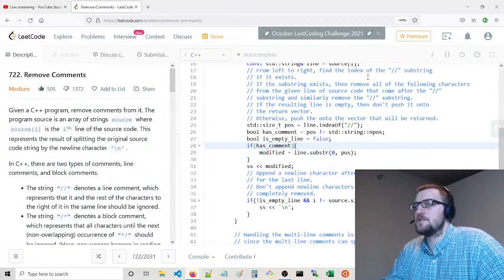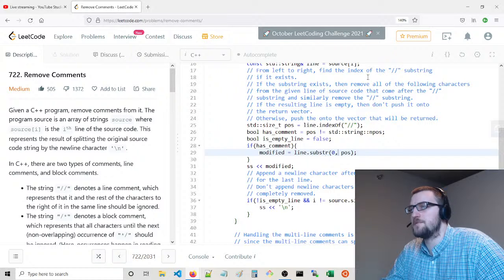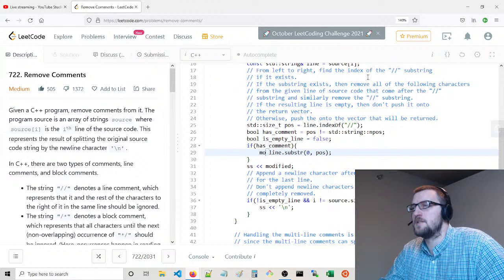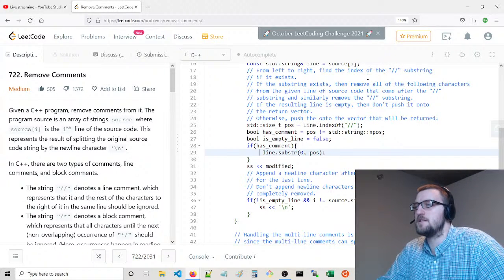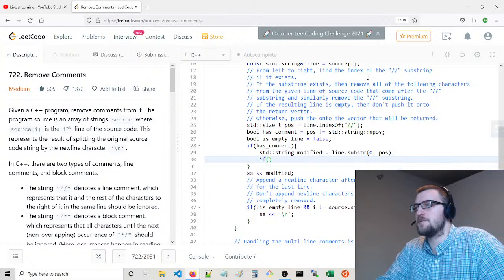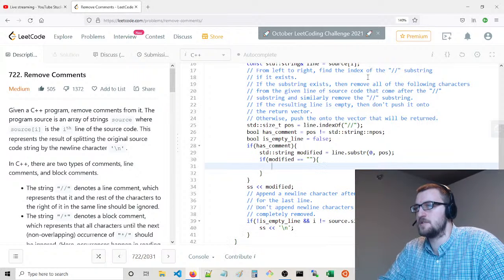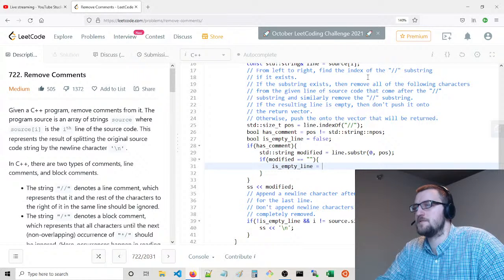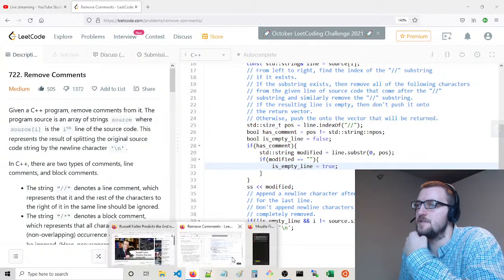Something like that. So if we have a comment, then we'll set, yeah, I guess you do have to do something like this. Or just new line or processed modified. We'll say if modified equals an empty string, so is empty line equals true. Something like this, something simple.